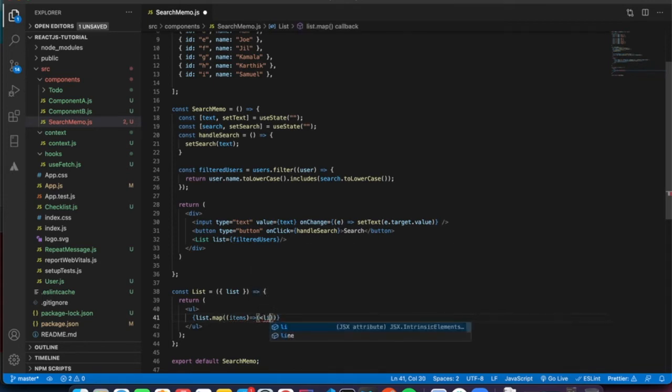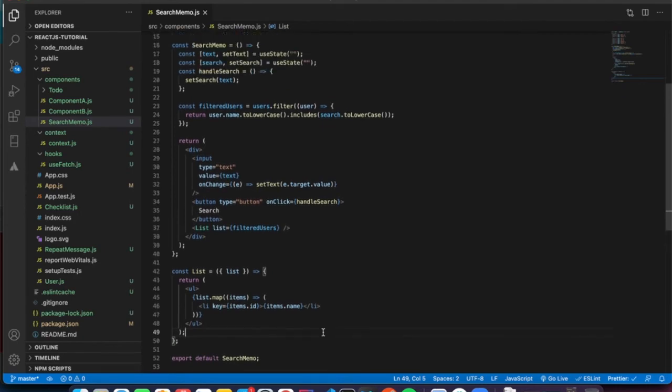Inside that we will have li, and don't forget, whenever you add a map, you should have a key. So here we have a unique id, that is item.id, and then close it. Then item.name.